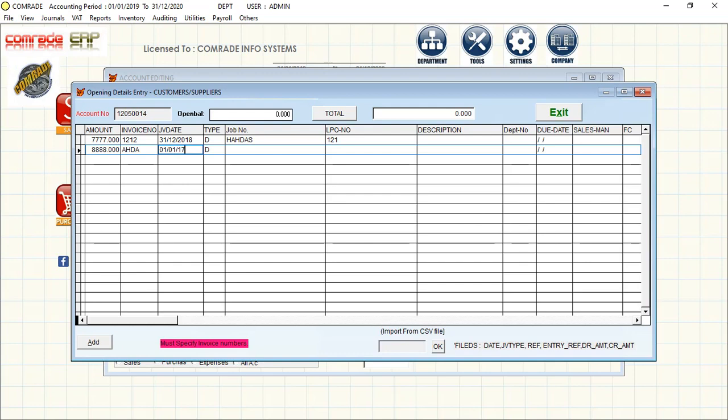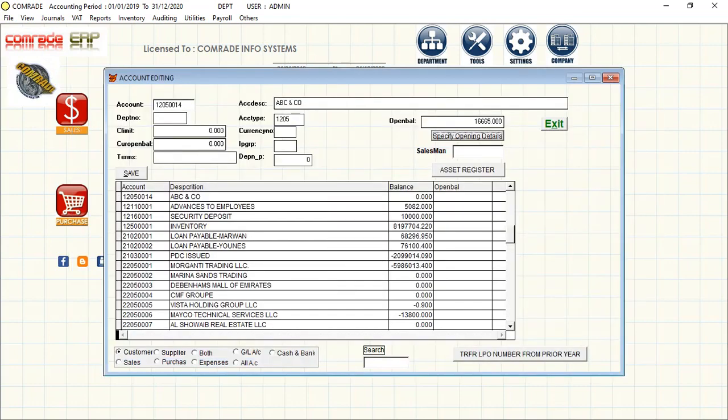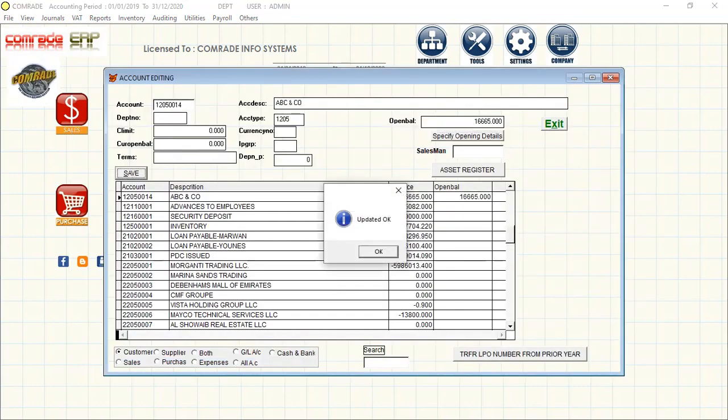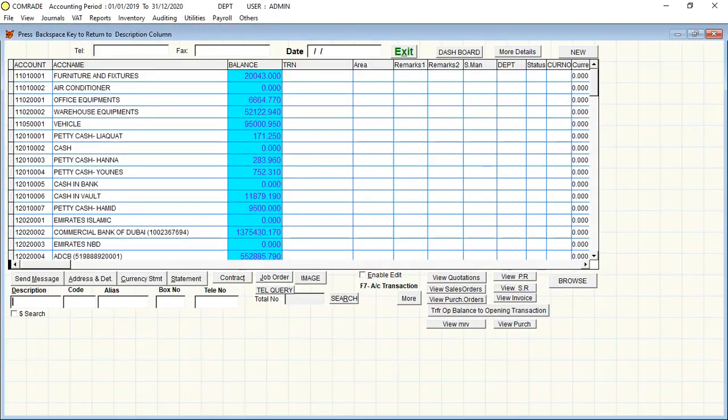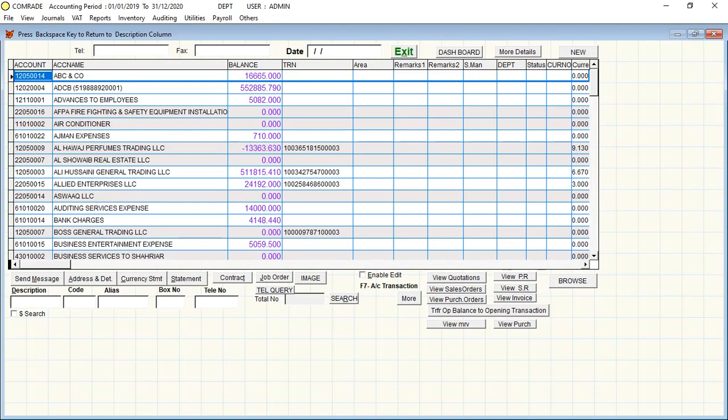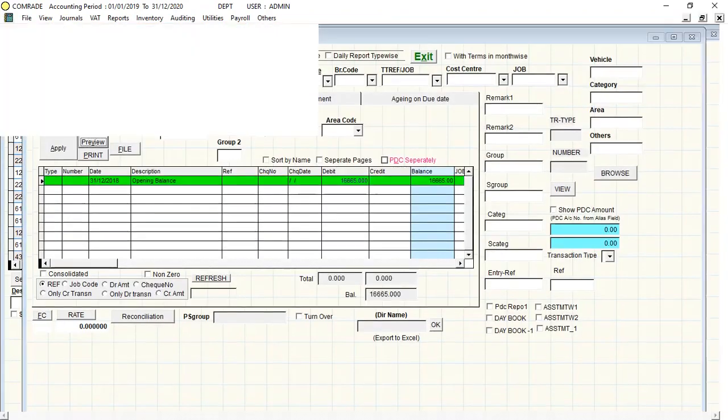For example 01/01/17. So if a pending bill is available from the last two years back, you can give the date like this, and you can type the amount, description and all. Then exit button, remember to click save. So the bill is saved. Suppose you want to take the statement, you can go to the account query and click ABC,